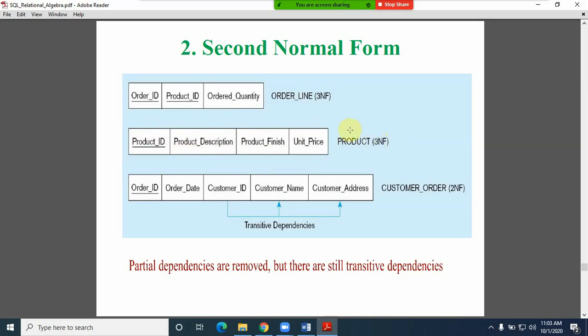Third normal form means very good. It is already there in the third normal form, but our requirement is we need to observe that particular table in the second normal form. Okay, this is also a bit simple, friends, when compared with the remaining normal forms.